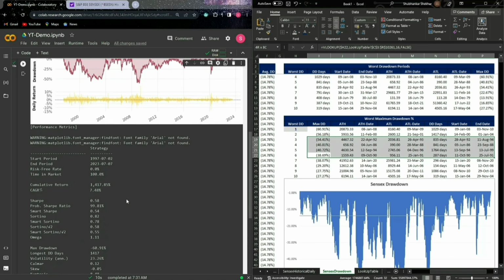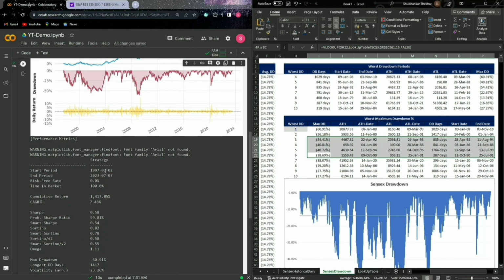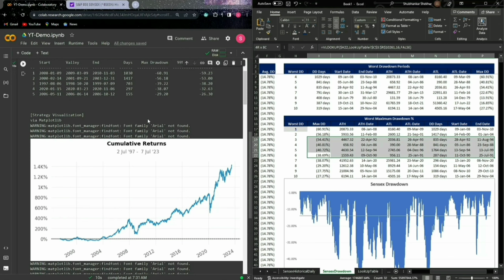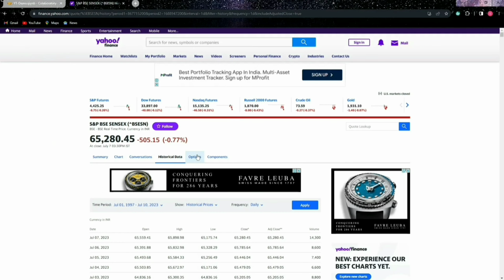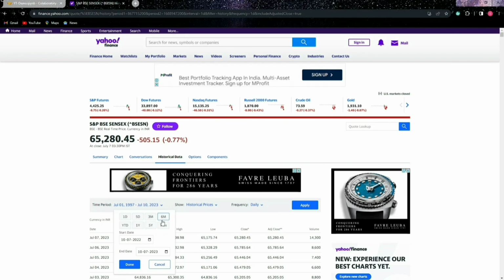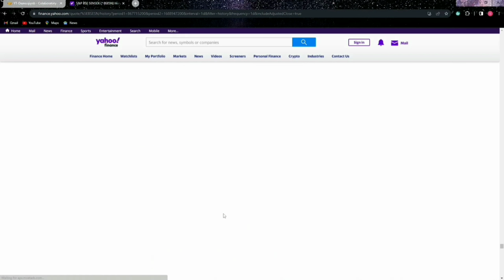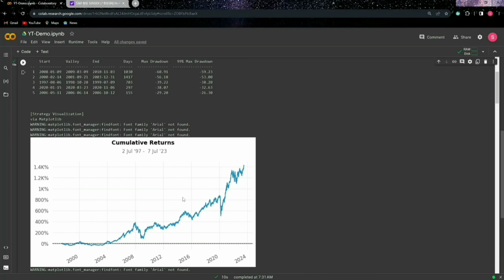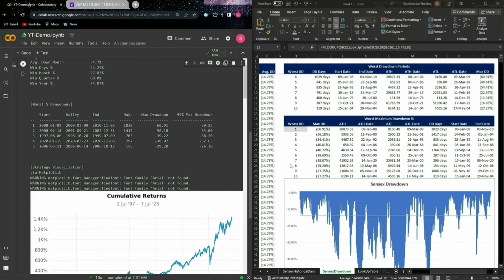Why is this? Because we have pulled this data from Yahoo Finance. This is the Sensex data on Yahoo Finance, the historicals, and the maximum is only available till 1997. This is the reason there is a bit of difference here.